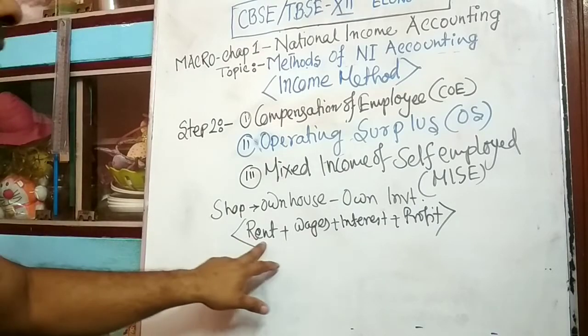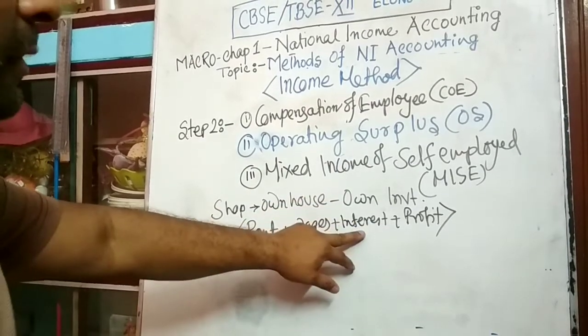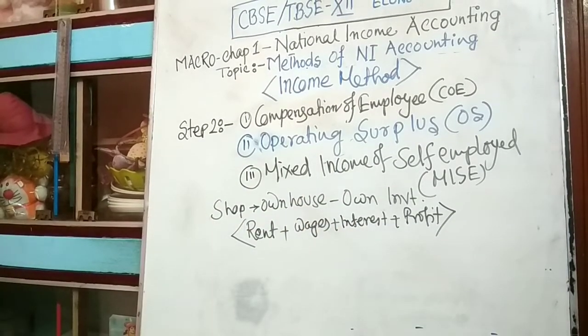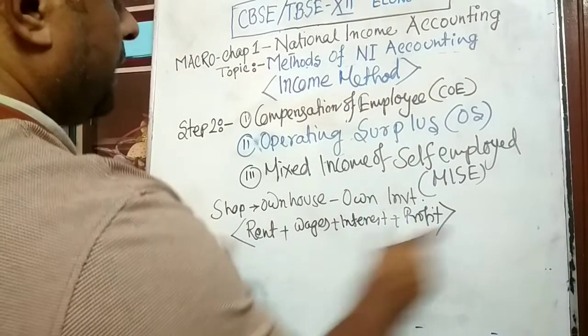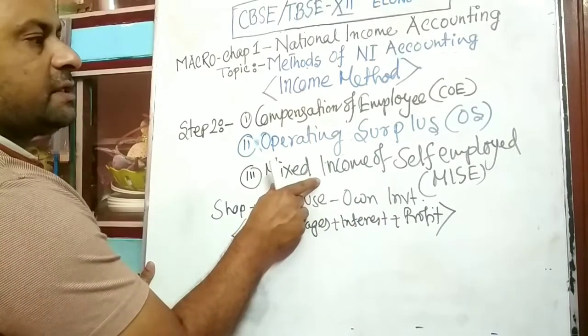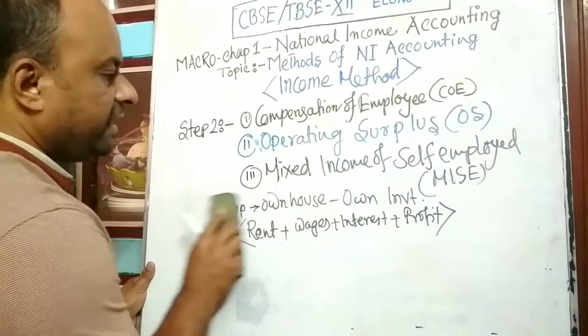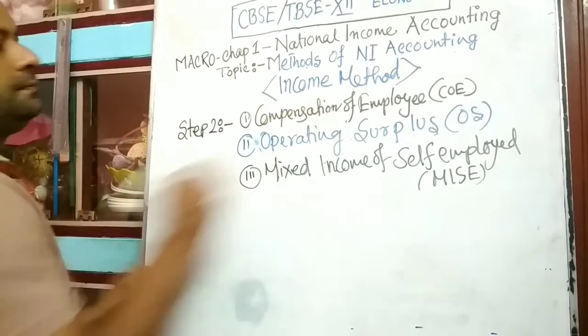He never separates what is rent, what is wages, because he is not paying another one. If he takes a loan from the bank, that time he has to pay interest. Now he is not paying interest, so he cannot separate interest. So these are all a mixture: rent, wages, interest, profit. That time it is mixed income, and it will always be given directly in the question. No need to separate. Direct mixed income.